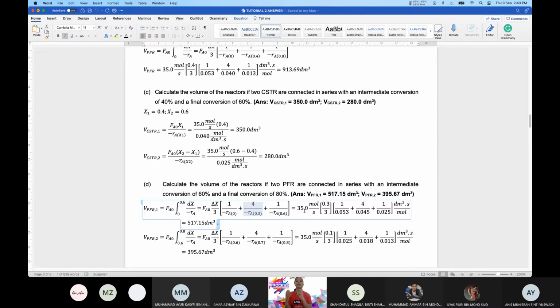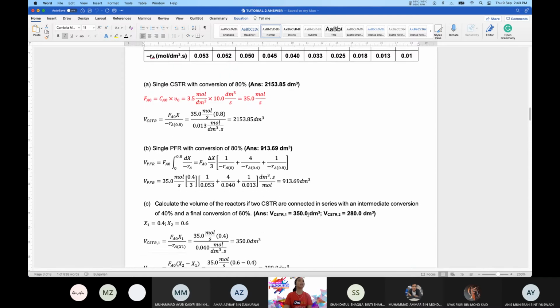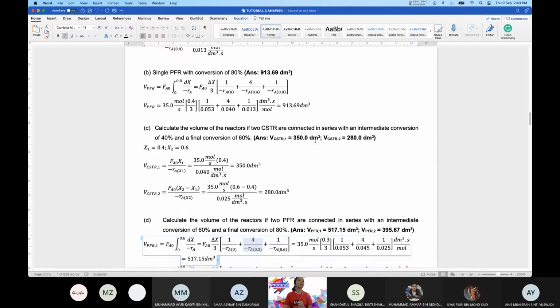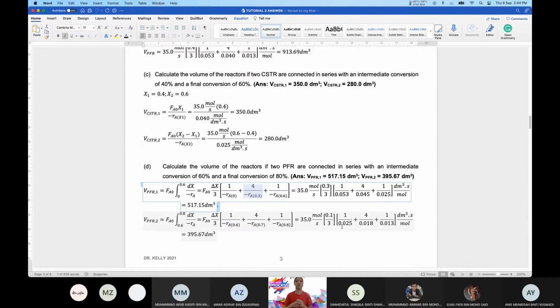Okay, now that we have everything, then you substitute into the equation. FA0 35, delta x 0.3, jangan lupa delta x per 3 as well. So 0.3 per 3. And then the points minus RA apabila 0, when it's 0.3, when it's 0.6, you just check the table. But be very careful, table tu nilai dia minus RA kan. So kita kena bahagi dengan nilai minus RA itu. Means 1 per minus RA when my x is 0, 1 per minus RA when my x is 0.3 and 0.6. So when you calculate, you will get the answer 517.15,